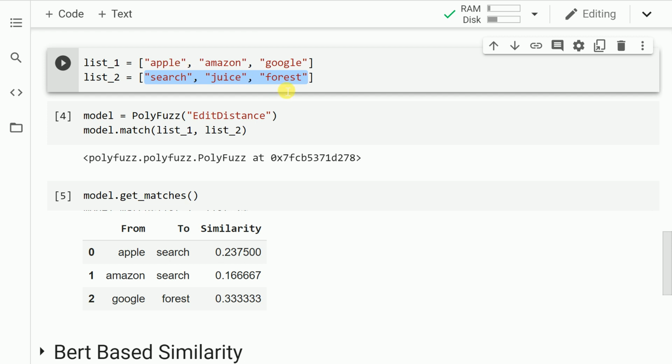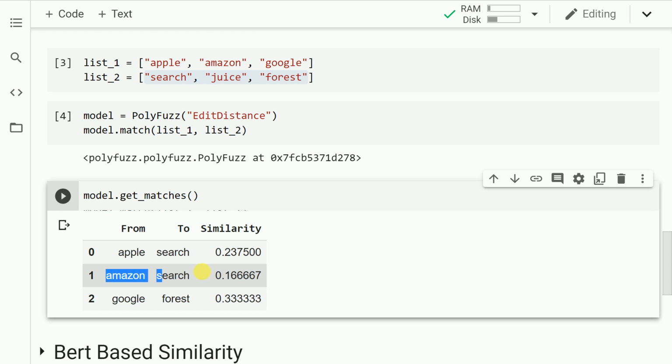This is how you understand edit distance. Now if I consider the second example, that is Amazon and search, then that too has the minimum edit distance. And if I now go forward to the final example, that is Google and forest, then these two correspond to the minimum edit distance.